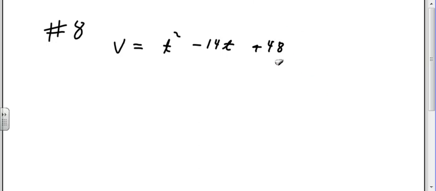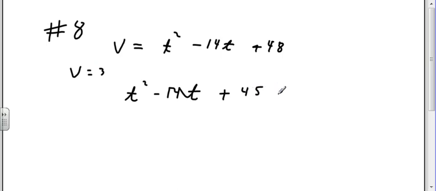Probably not. So that's probably a made-up voltage. And again, we got to do it 3 times. Okay, so the first time, V is equal to 3. So if V is equal to 3, then I'm going to have t squared minus 14t plus 45 is equal to 0. That factors. That's nice that it factors, right? T minus 9, t minus 4,